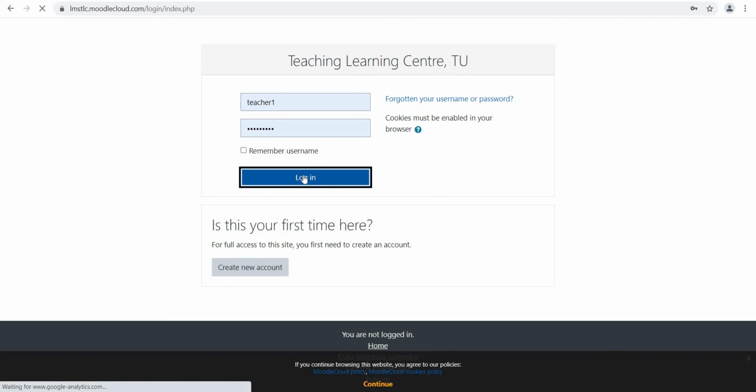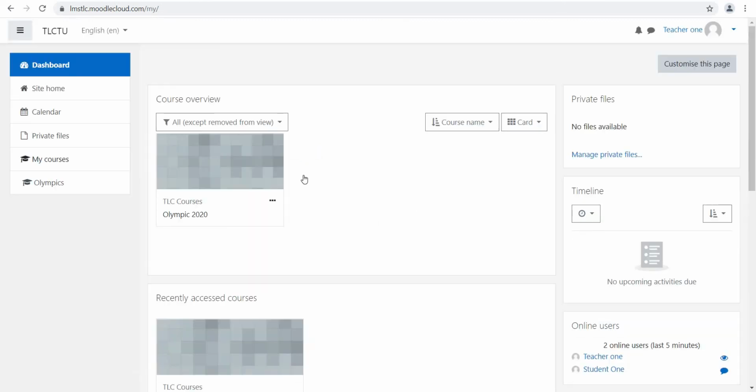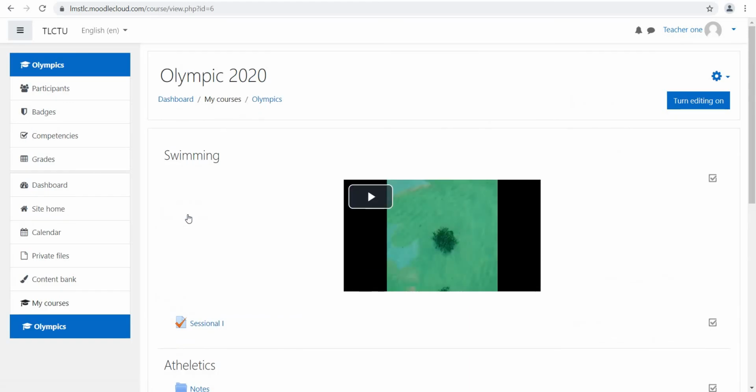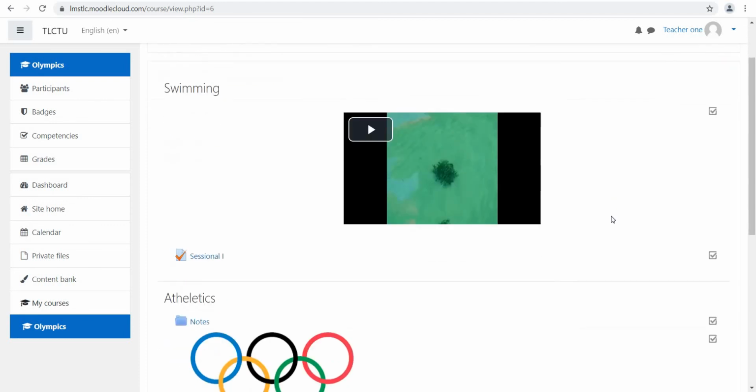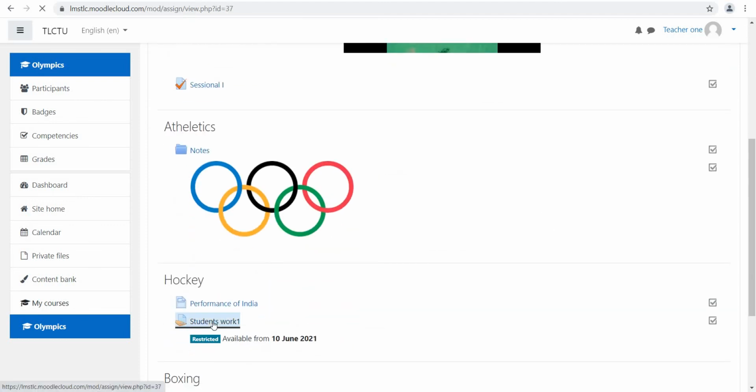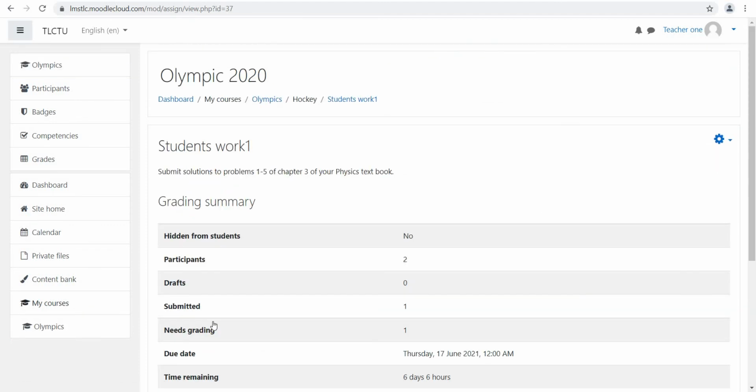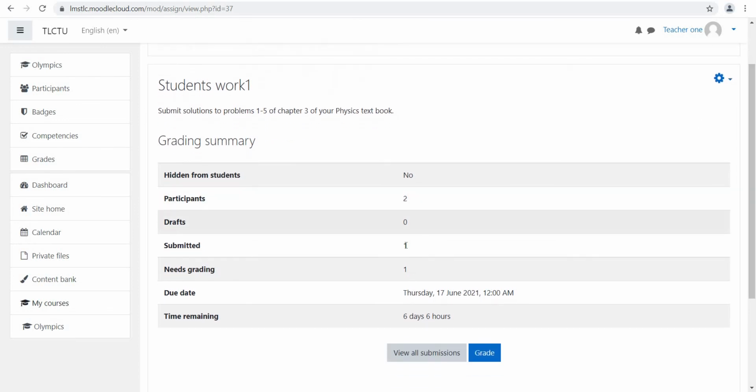By logging in, we shall move into the dashboard of the teacher. Clicking the course name Olympic 2020, we shall get into the contents of the course, and then by clicking the assignment, the teacher gets to see that there is one submission and that submission needs to be graded.